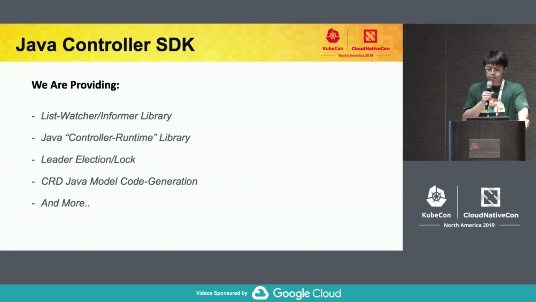So let's get back to the business. What our Java controller framework is providing is many libraries which are ported from Golang. We are not planning to invent or reinvent the existing client libraries like Informer in the foreseeable future. What we are trying to do is keep it the same as the Go libraries as much as possible, so that Java developers can use it out of the box